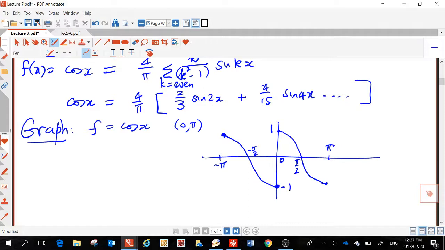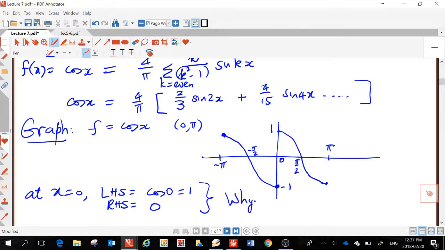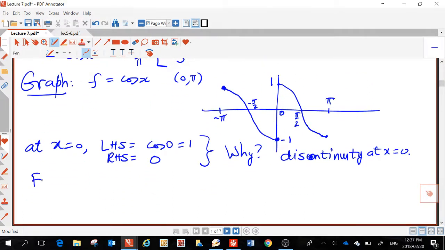Cos of 0 gave you 1 on this side and 0 on that side. So, at x equals 0, left-hand side equals cos 0 equals 1. Right-hand side is equal to 0. Why? Because there's a discontinuity at x equal to 0. And the Fourier series converges